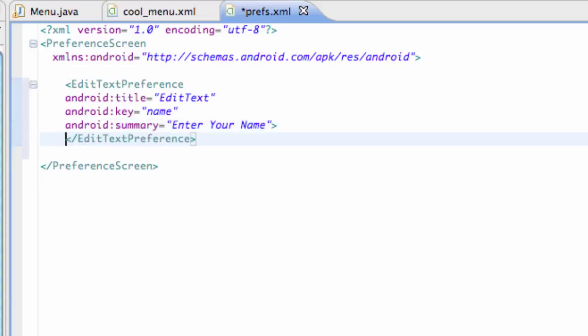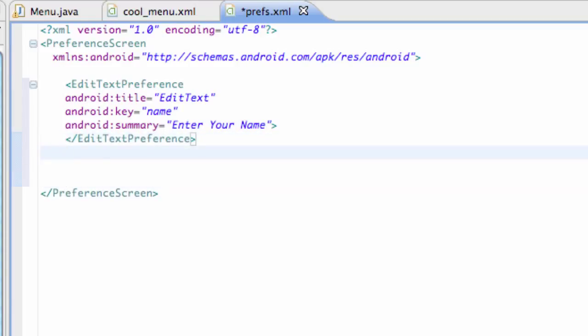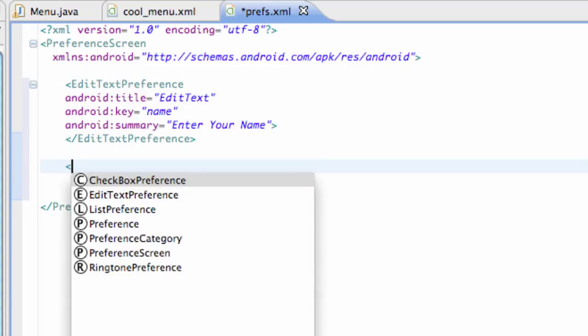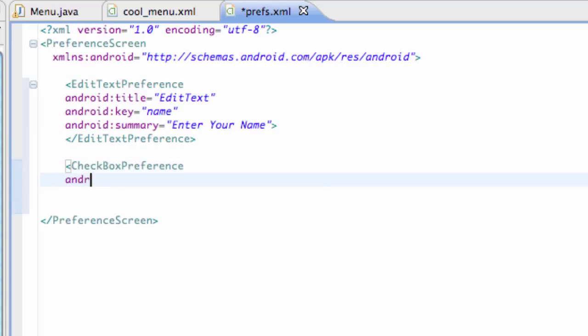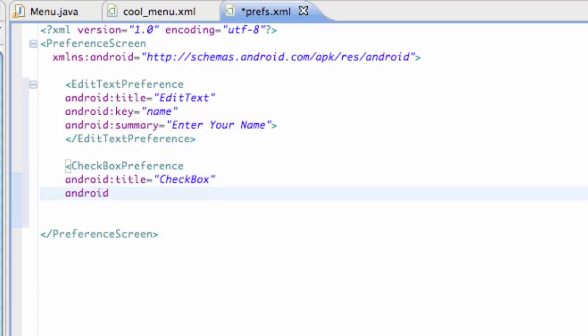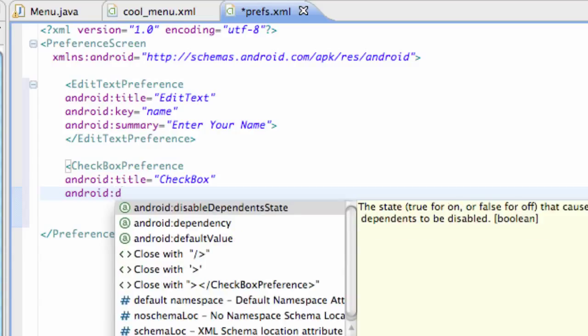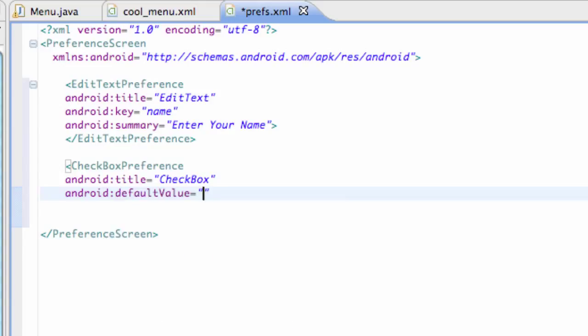Let's set up a new one. So let's go still within our preference overall thing, and then set up a checkbox. So checkbox preference, and we're going to say again Android title, checkbox, and Android, we can set this checkbox if we want it to be checked when it starts or unchecked. So we're going to say default value, which is what it's going to start as, and we can either set this to true or false. So we're going to say true,